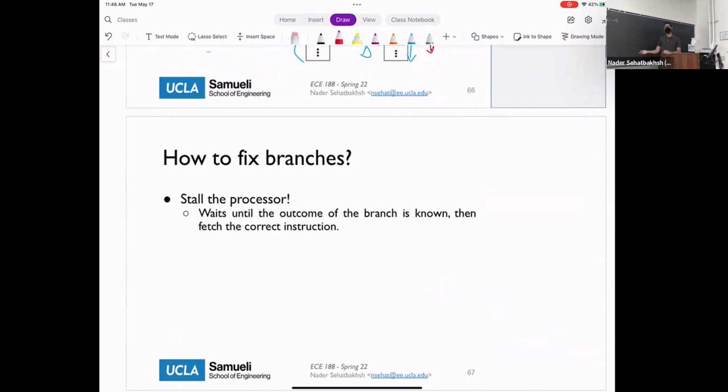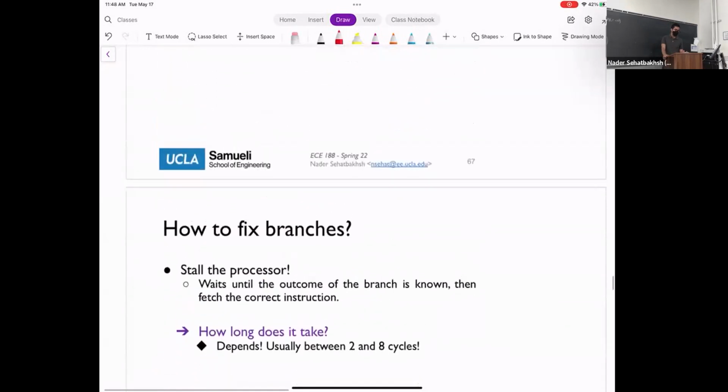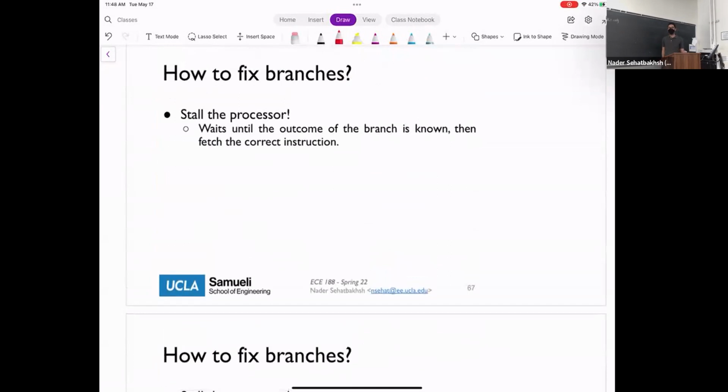But that means that, again, we are going back to that underutilization issue, that we cannot run all the instructions. We cannot fill the processors with all the 4 issue or 8 issue or whatever we have. So that's not a good fix,